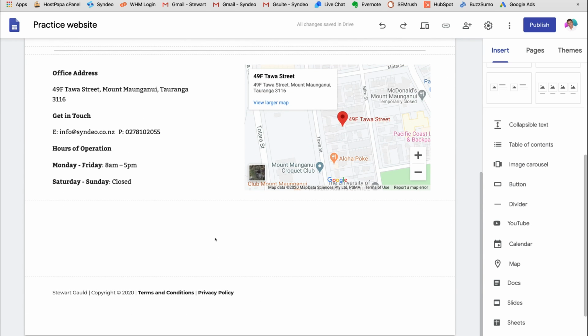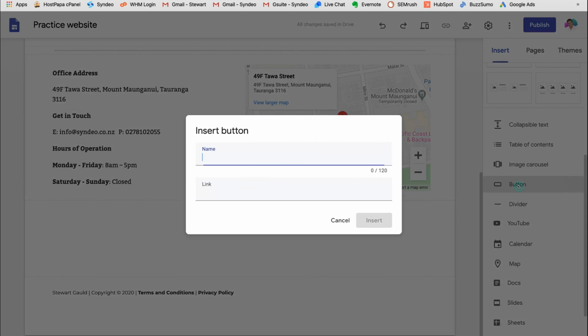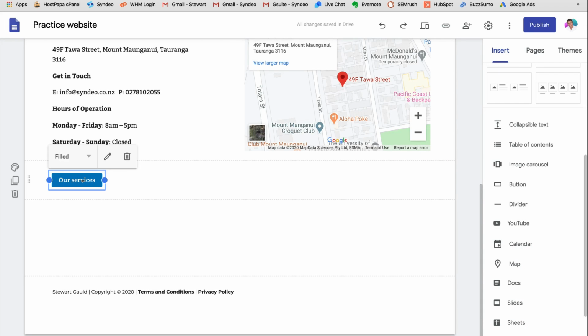Now down here I want to add a button that takes people to our services page. So remember we talked about this, you want to have internal linking to different pages within your website. So I'm going to head over here and click add button. I'm going to type in our services and then click link and then click our services and then click insert. And then I'm going to drag this button into the middle here,